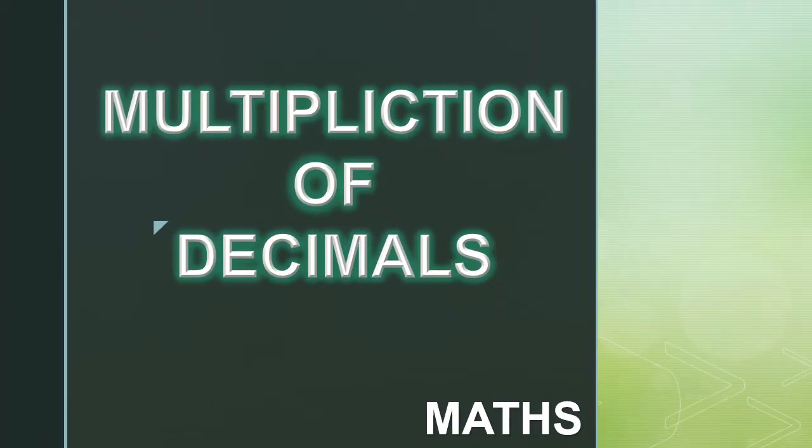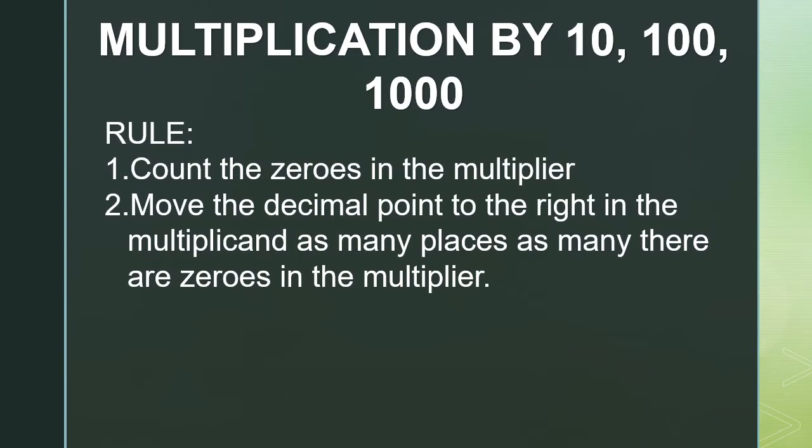Today we will do multiplication of decimals. If we have to multiply a decimal number by 10, 100, 1000 and numbers like this, then we have to first count the number of zeros in the multiplier. That means the number by which we are multiplying, how many zeros are there in that number. Then move the decimal point to the right in the multiplicand as many places as there are zeros in the multiplier. For example,